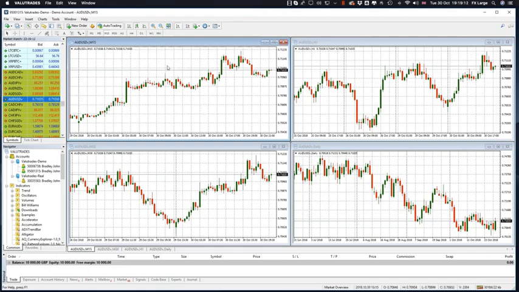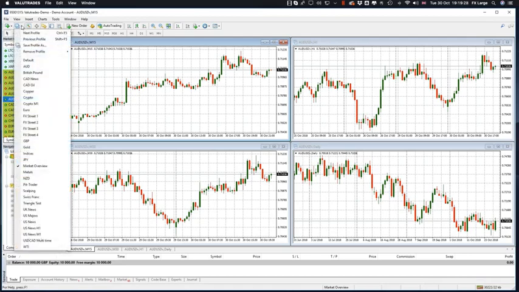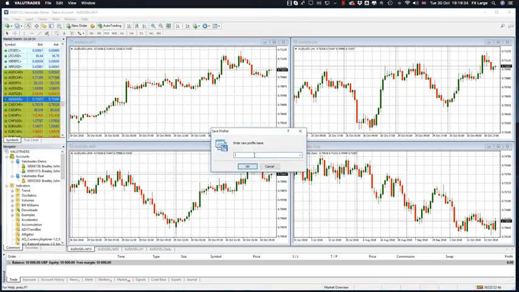Okay, so we changed the order: 15-minute, 30-minute, 1 hour, and the daily. Let's say I wanted to save all these to look at later. What we do is call a profile. MT4 saves profiles very nicely. So I'm going to save this profile and call it